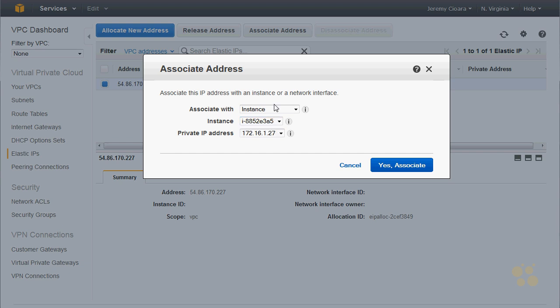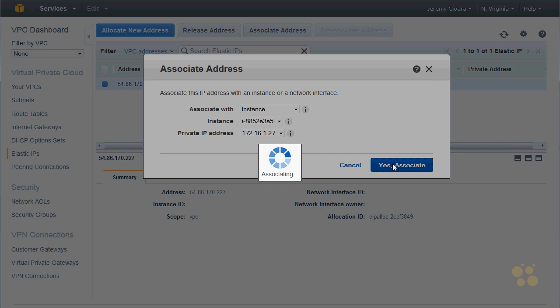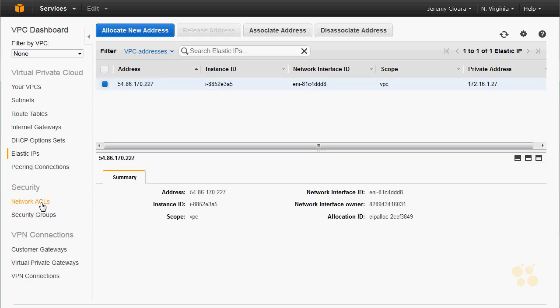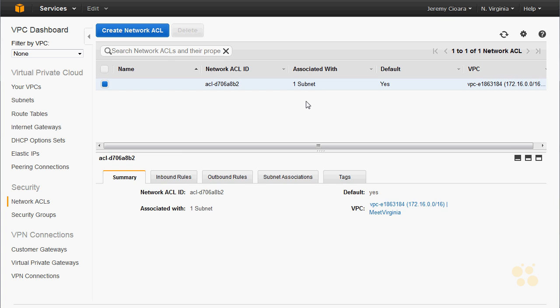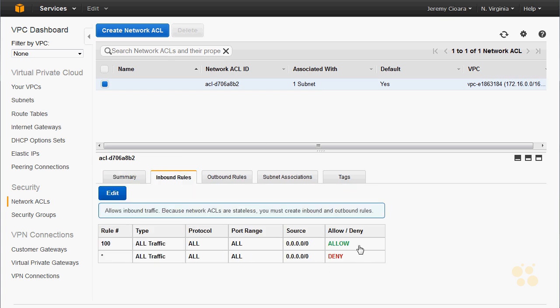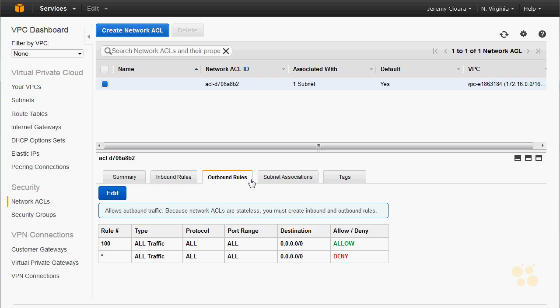For now, again, in the non-nitty-gritty nugget, I'm just going to associate the public address with the instance. The security group is associated with the instance. By default, the network ACL, if you look right here, allows everything. Essentially, it's an access control list that applies to the subnet as a whole. But by default, all inbound and all outbound are allowed, essentially making it useless until I go in there and tweak it. For now, it's just going to rely